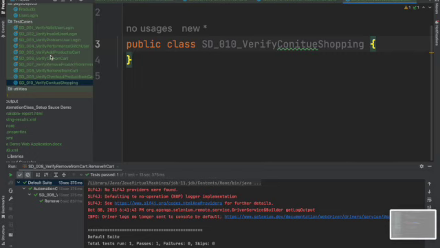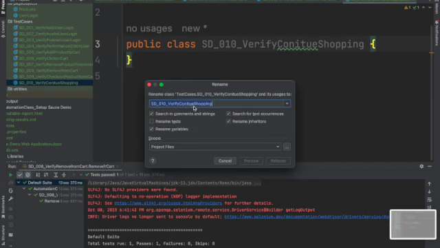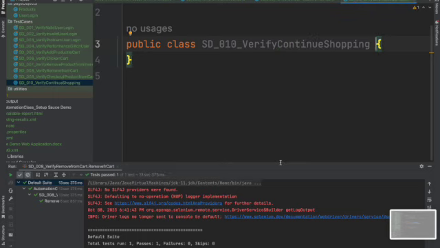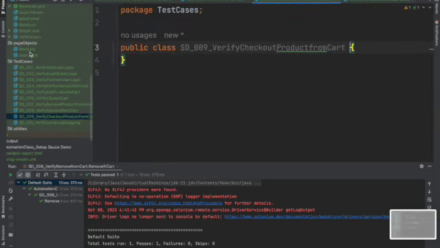All right, so continue. This is not correct. Refactor, call it continue shopping. Okay, so I'll refactor that. Now for checkout product from cart, what do you think we would do? Come to your product